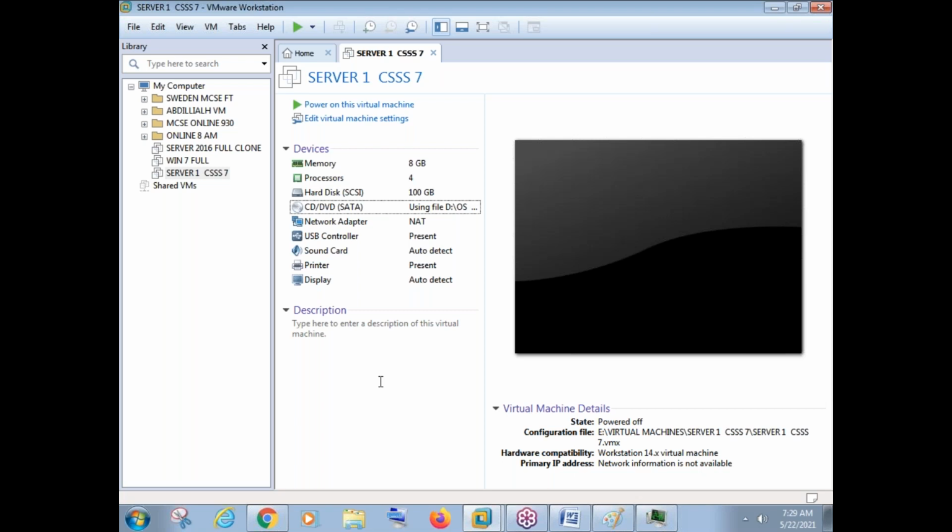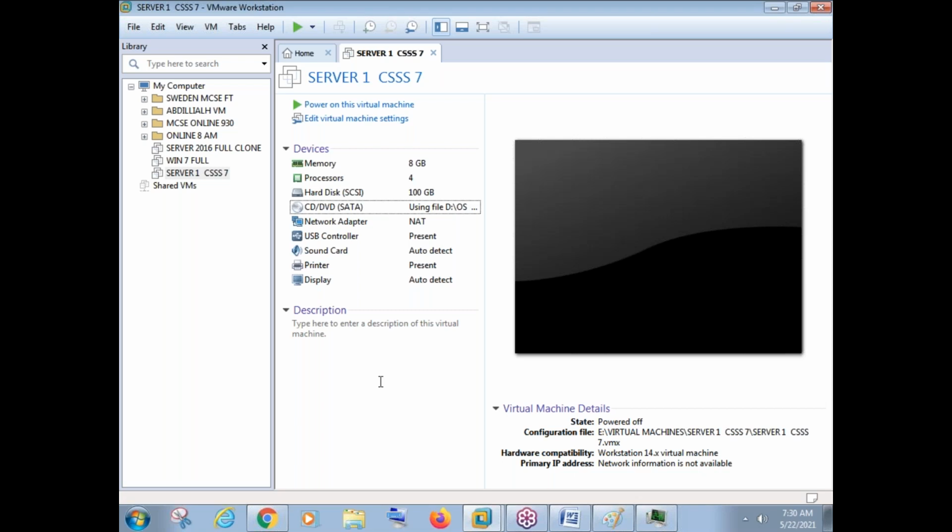Every server has a USB port, like on our computers, we have USB ports. On servers also we have a USB port. And on some servers, we have a DVD drive also, like in our laptops, we have DVD-ROM. In our servers also, we have DVD-ROM. Okay, so on a physical machine, we need to connect the physical USB port. But in a virtual machine, we need to connect in this way.